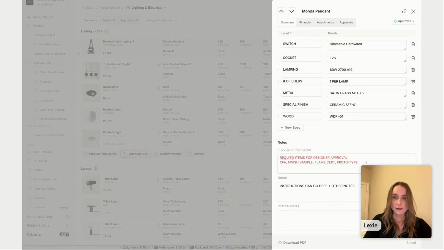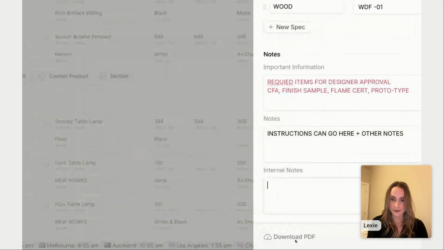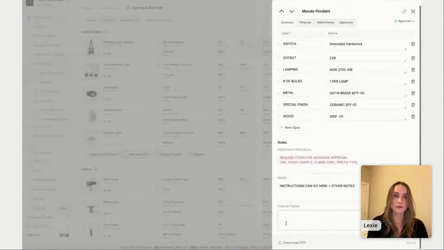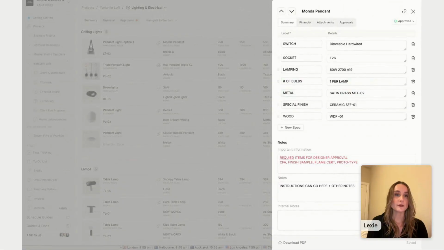Down the bottom here as well, you can see important information always exports out in red. So that's like, hey, this is really important. And then notes will also export out. Internal notes does not. So that's obviously internal. That's not shared. Okay. This button at the very bottom, download PDF, will give you